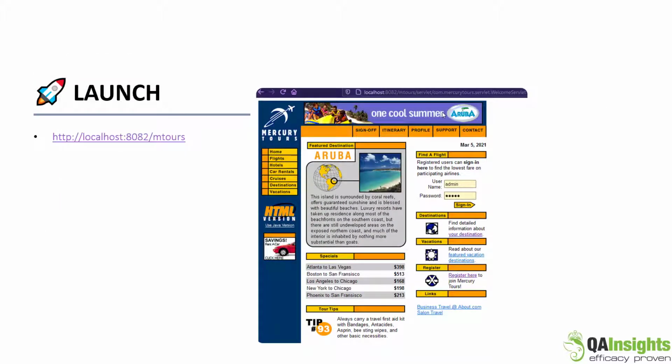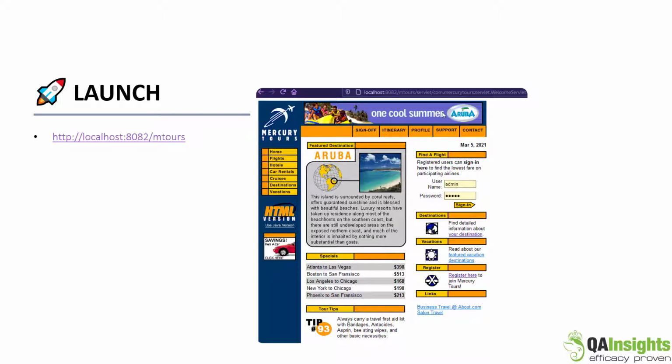After you have successfully installed the services, make sure the services are running in your Windows services, and you can launch localhost:8082/mtools. You will get this screen. So now you can record to learn automation and performance concepts using this application. This application is kind of outdated, but you can still use it because it's very lightweight. Basically it uses Jetty as an app server, so the memory footprint is very small.